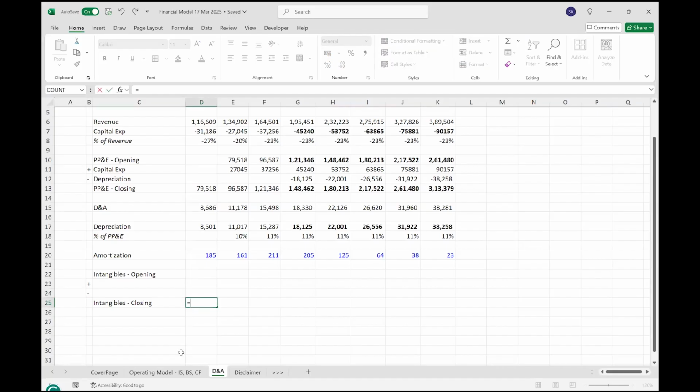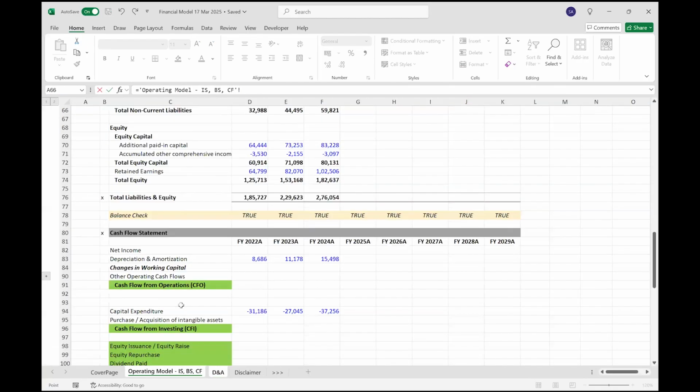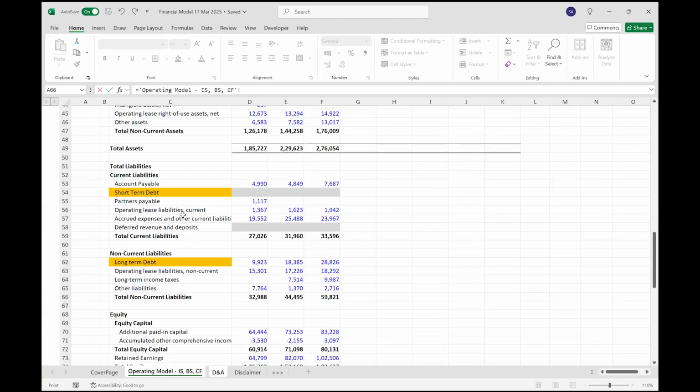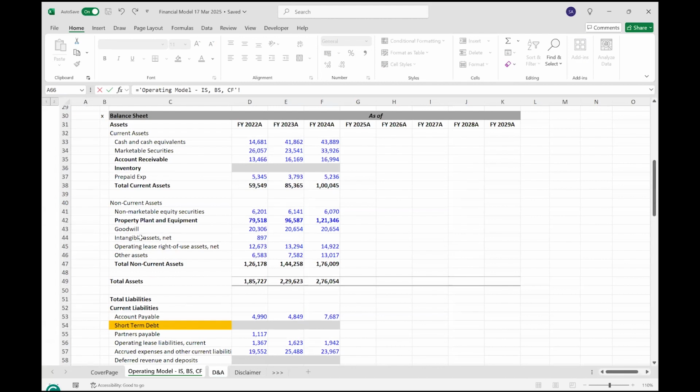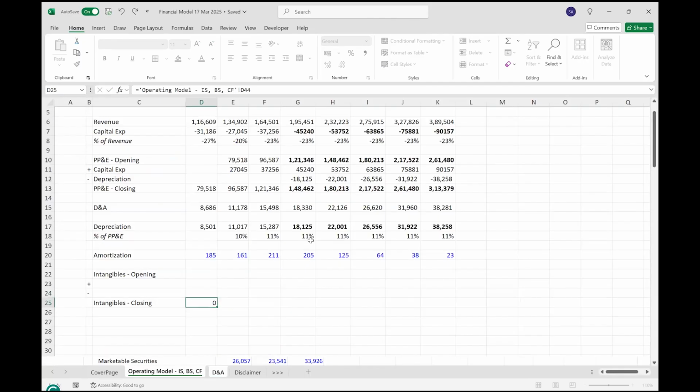Intangible asset closing, balance sheet. So you have intangible asset, which is this, which is 897. We don't have any intangibles here. So